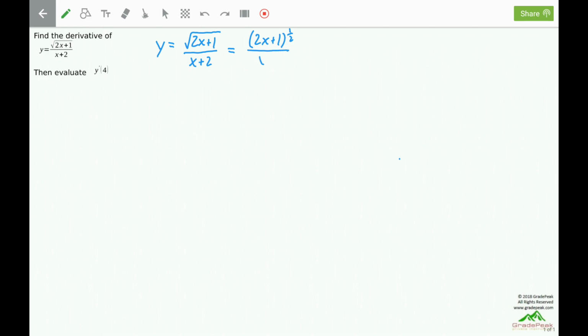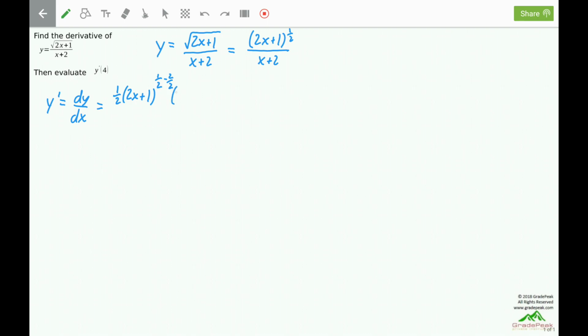overall, over the x plus 2, so we can take the derivative. Now overall we have the quotient of the two functions, so it will be a quotient rule for our derivative, y prime or dy dx. The derivative of the numerator, it's a power rule, bring the power down, subtract 1 from it, I will call that 2/2,